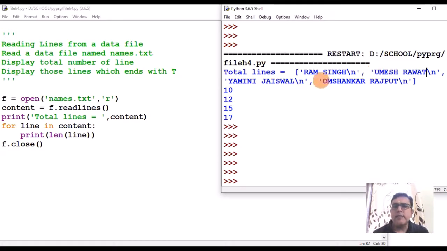The index in this will go from 0 to 11, right? So the 11th index is \n and the 10th index is the last character.